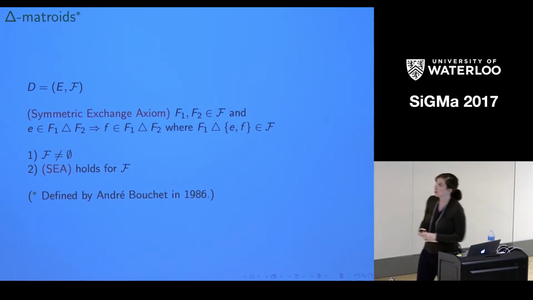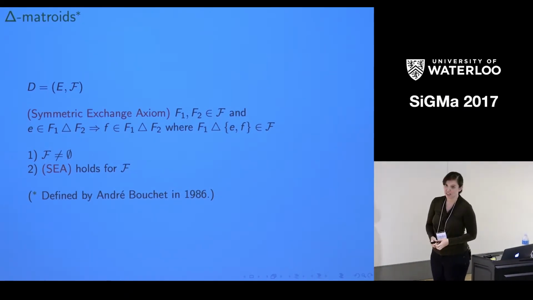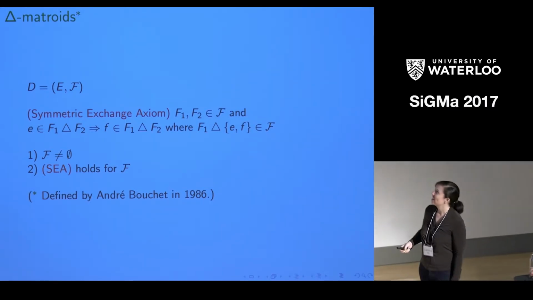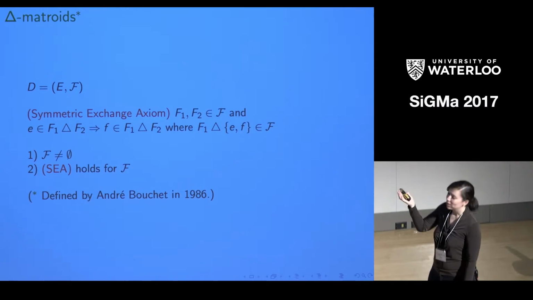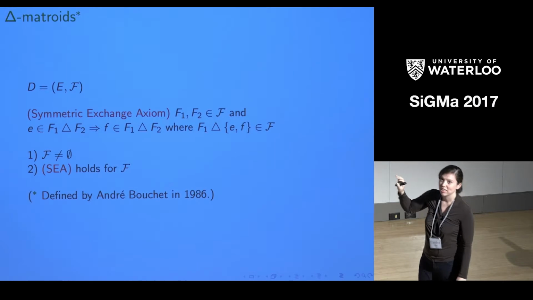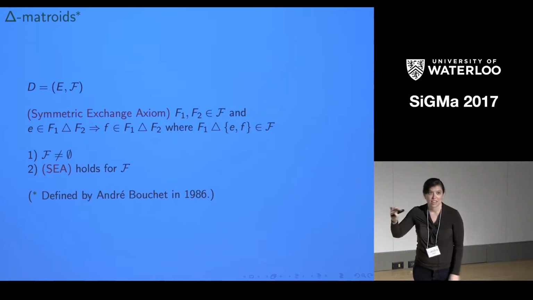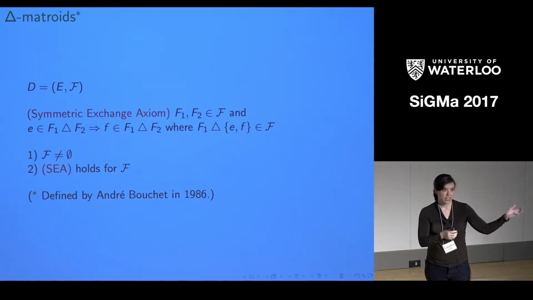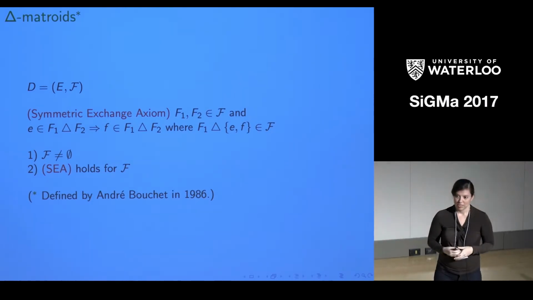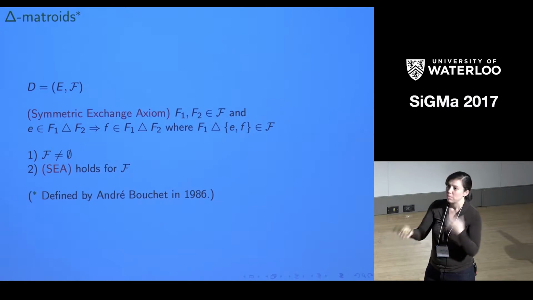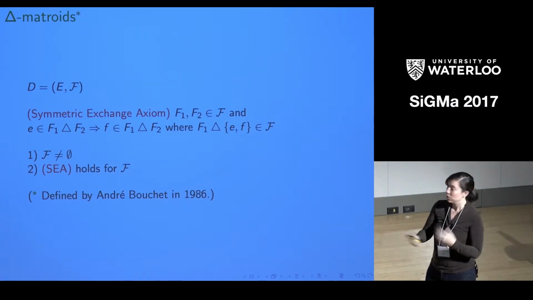So delta-matroids, you saw a slide just like this, I think, yesterday. I have what looks like the basis exchange axiom written in a kind of wonky way up there. So this looks like the basis exchange axiom for matroids, except instead of taking an element out of B1 and taking an element from B2 and sticking it in to replace it, I'm using symmetric difference. So I'm not saying where the elements come from. They're in the symmetric difference, but they're not necessarily in F1 or F2.